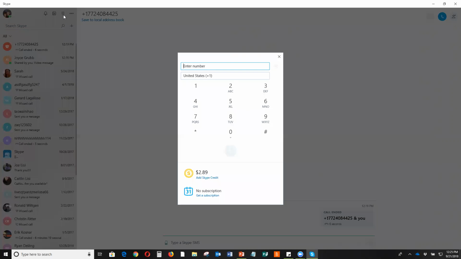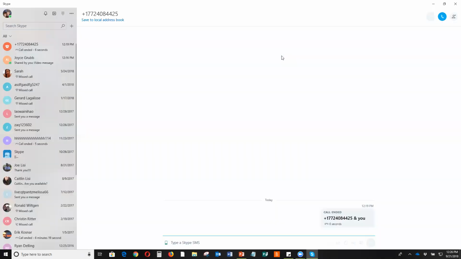And you can see, if you look now, I brought Skype back up. Do you remember what that figure was before? $2.79. It's actually up to $2.89, and that came from doing some searching there. They automatically added to my Skype credit. So it's a really good way to use Skype and be able to call landlines and mobile phones and not have to take any money out of your own pocket.